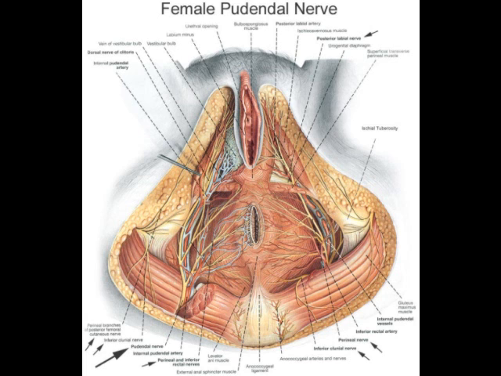Okay, now we're going to talk about some female pudendal nerves, and also some different muscles and other parts of the anatomy. Starting at the top there, you see where it says bulbospongiosus muscle again, and this is the area of the bulbospongiosus muscle for the female. There's also bulbospongiosus muscle in the male, which the deep perineal branch, or basically just another name for the perineal nerves, go to,